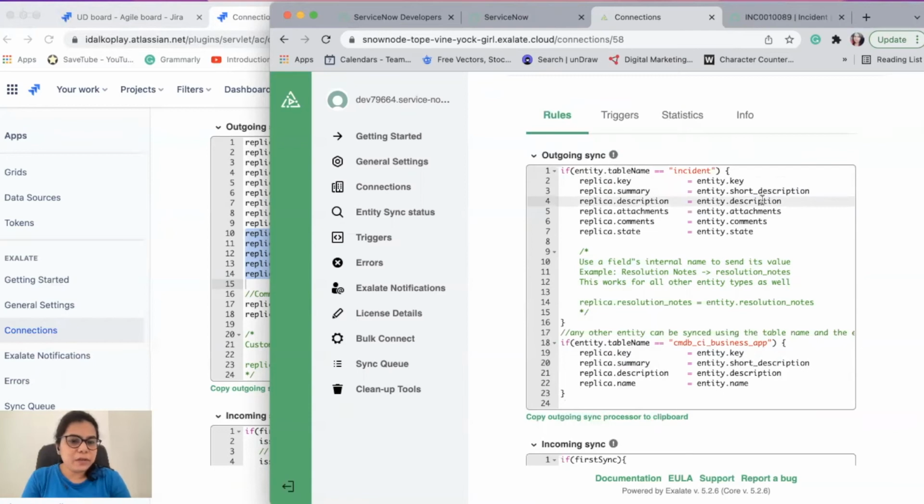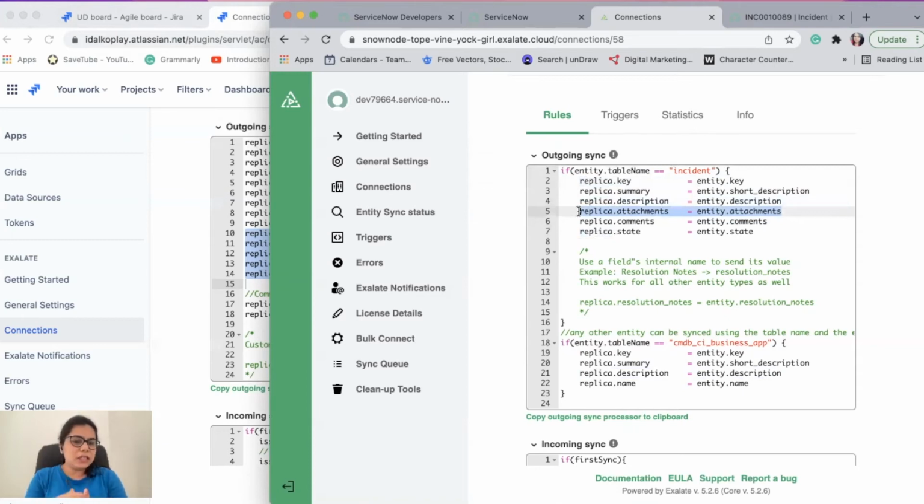Let me briefly tell you what actually happens in the outgoing sync and the incoming sync. If, for example, we consider this line, the table name is incident, so you're sending an incident, and out of that incident, the description is saved into something which is called replica. And you can see that replica is there for almost everything on the left hand side for the outgoing sync.